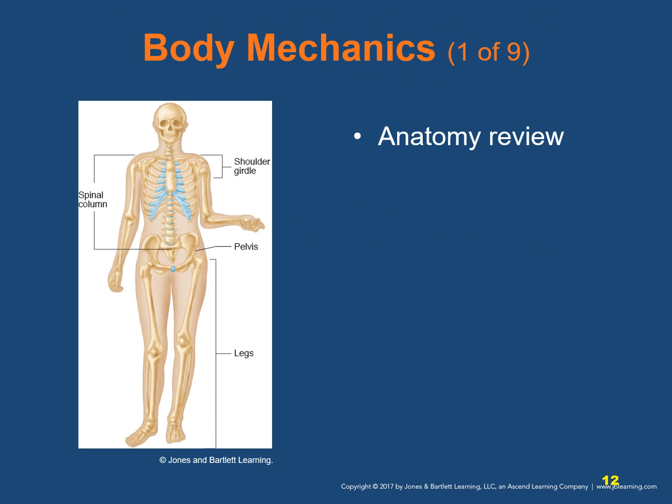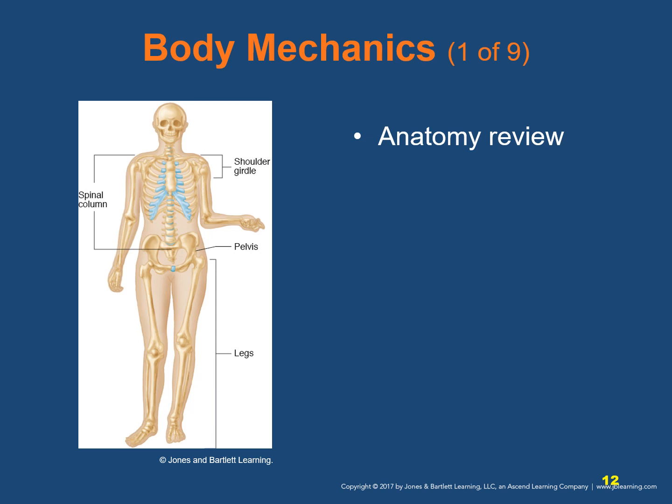Let's do a quick anatomy review. The shoulder girdle rests on the rib cage and is supported by the vertebrae. The arms are connected to and hang from the shoulder girdle. When standing upright, the vertebrae are stacked on top of each other and aligned over the sacrum. The sacrum is both the mechanical weight-bearing base of the spinal column and the fused central posterior section of the